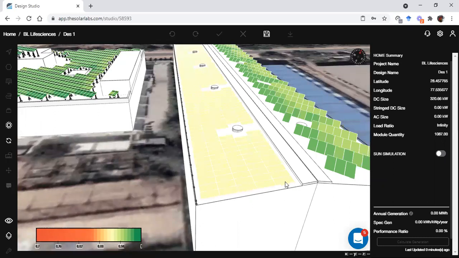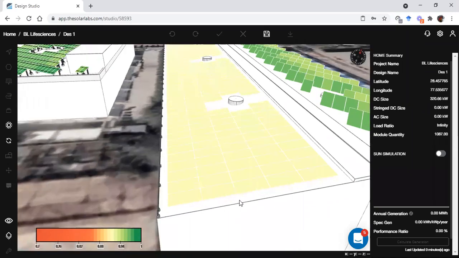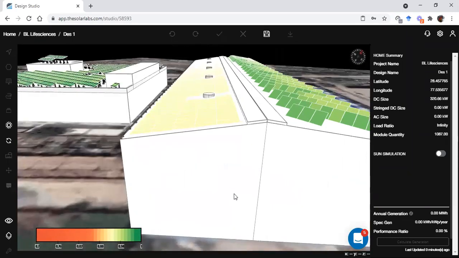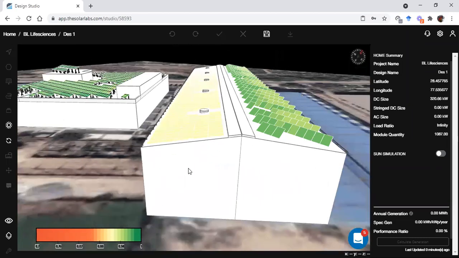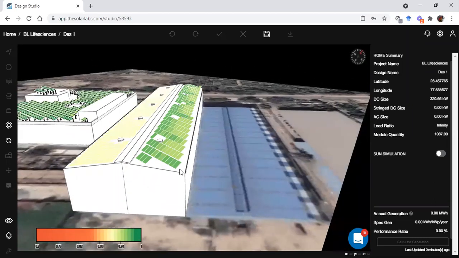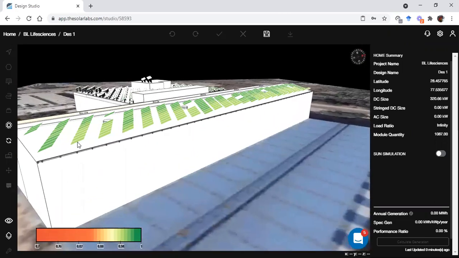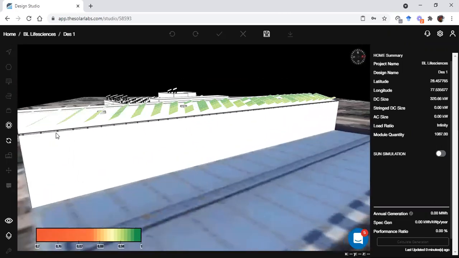So we just place the panels on the roof. We don't give a structure below this. So we just place it on the roof to create a flush mount type template. So this is what we call flush mount. As you can see the difference between this fixed mount and this flush mount. Okay. Next here we can see that once again we have changed this part to a fixed mount part.